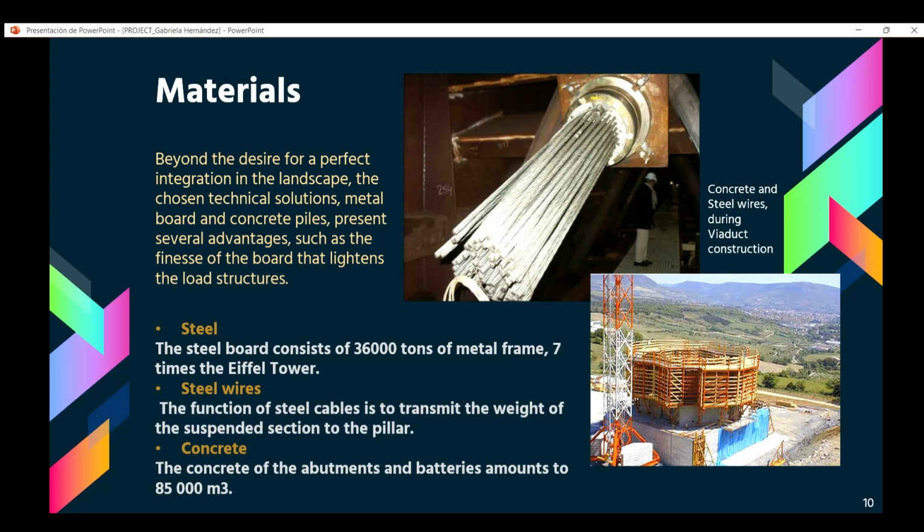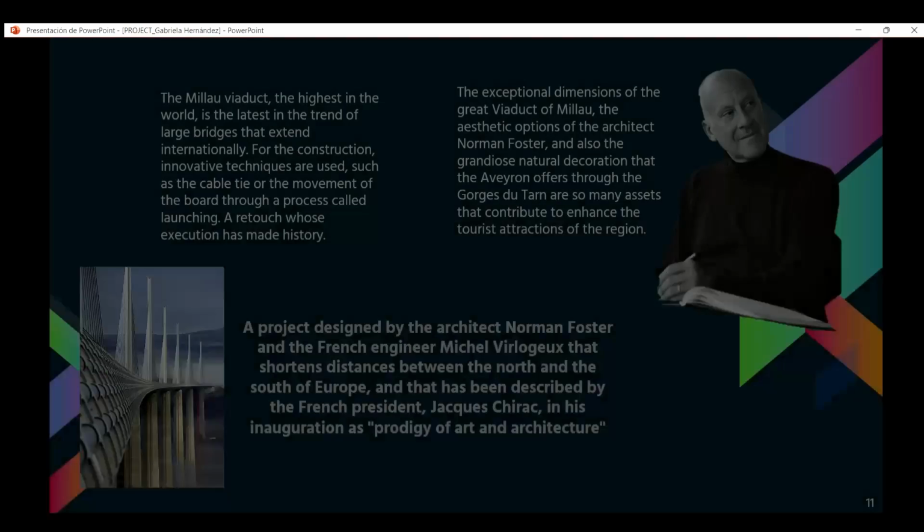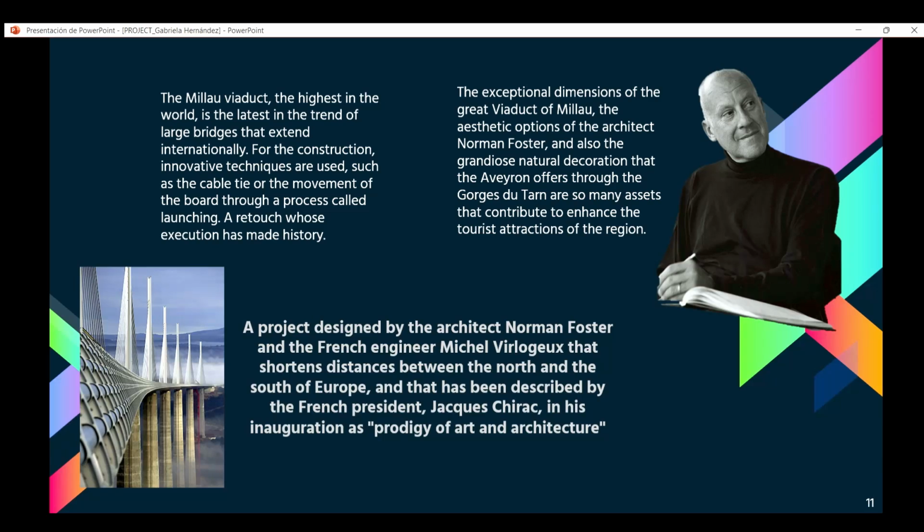Concrete. The concrete of the abutments and batteries amounts to 85,000 cubic meters. The Millau Viaduct, the highest in the world, is the latest in the trend of large bridges that